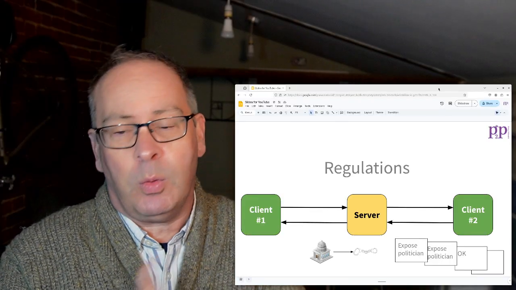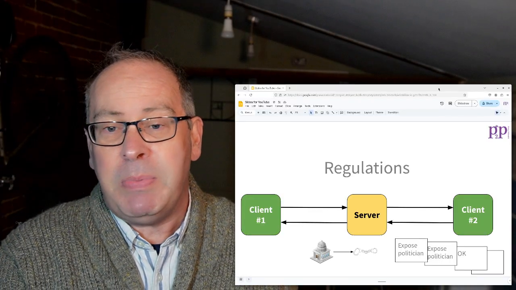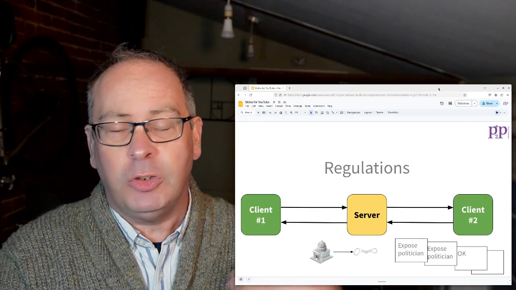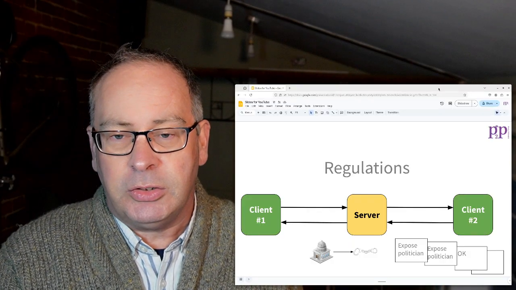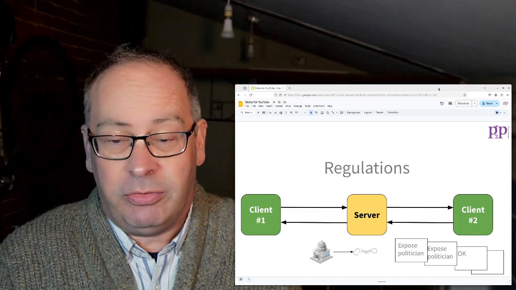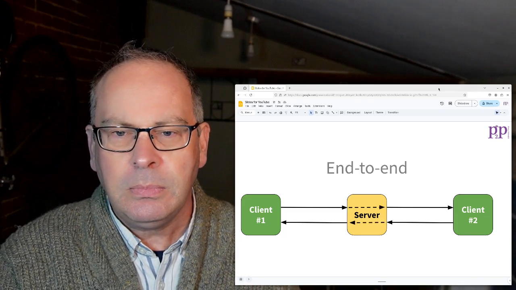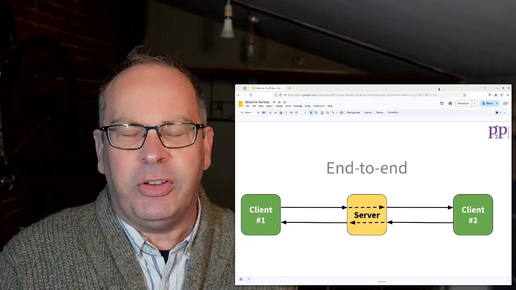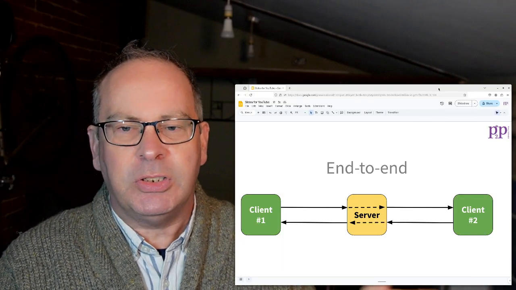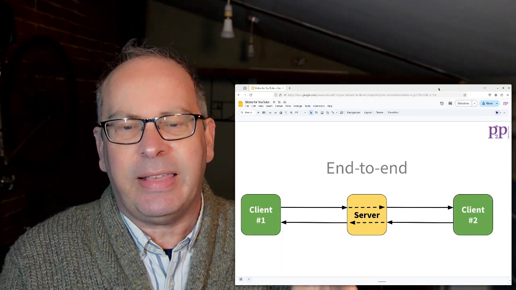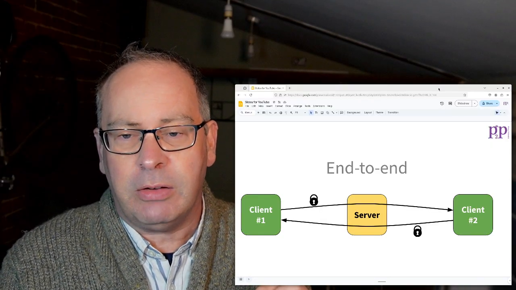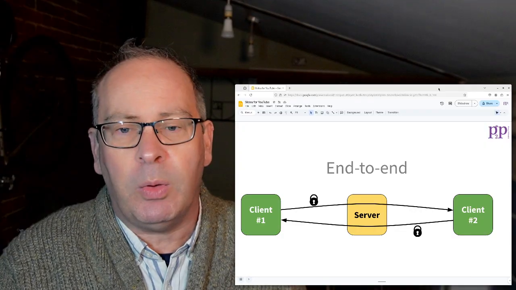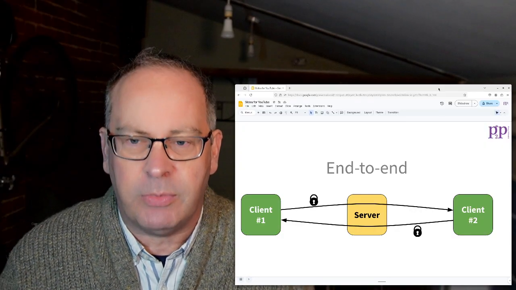If client 1 and client 2 wanted to do this, maybe they're lawyers, or journalists, secretly in ways that will stop them being arrested, for instance, which seems like a sensible thing. So what we really need to do is do end-to-end encryption. So at no point are the messages decrypted, and the server can't decrypt them. And so this is what we want to do, and this is what end-to-end encryption looks like.